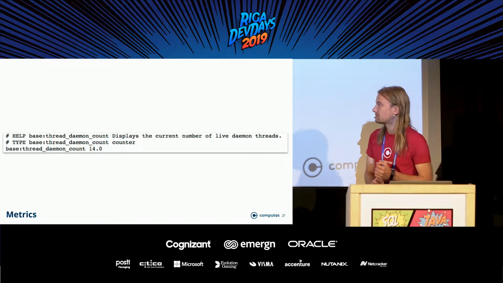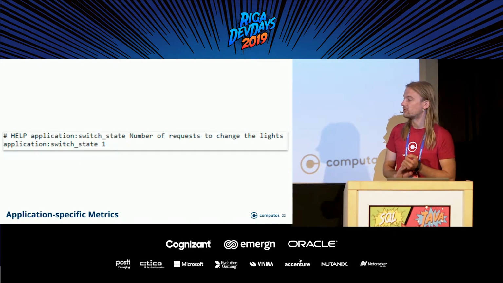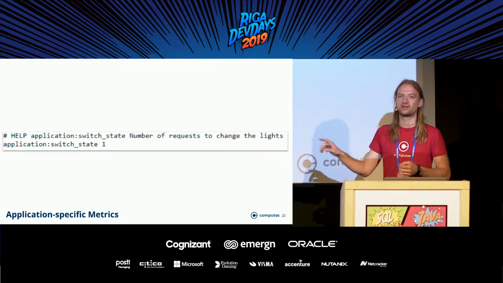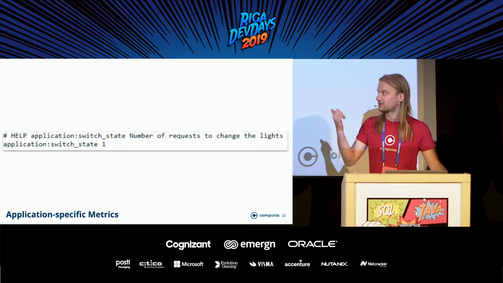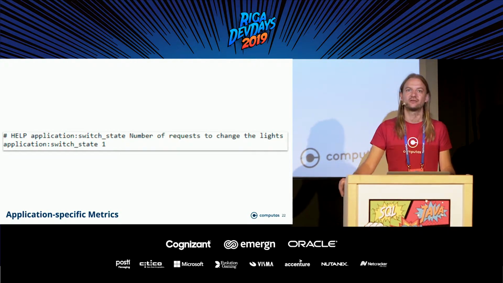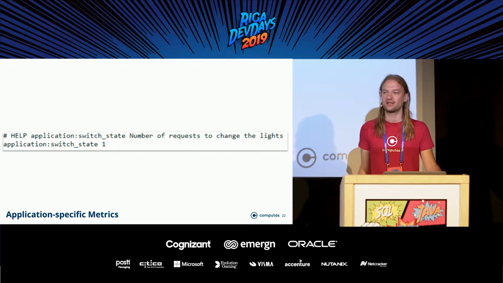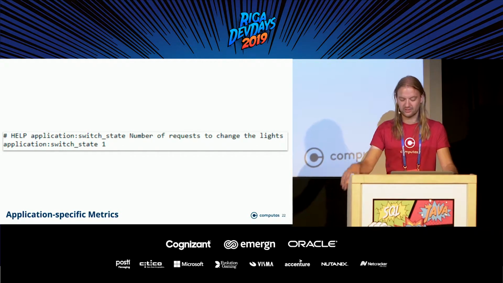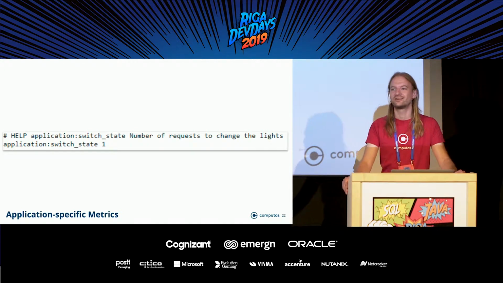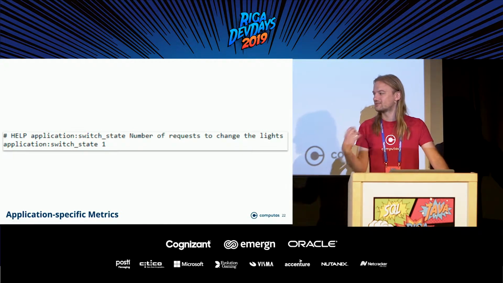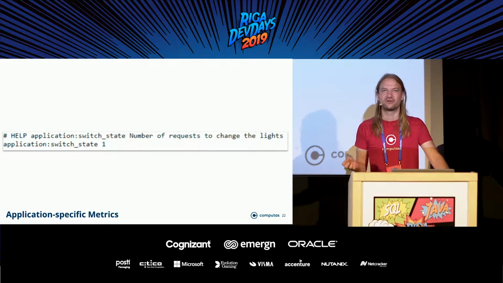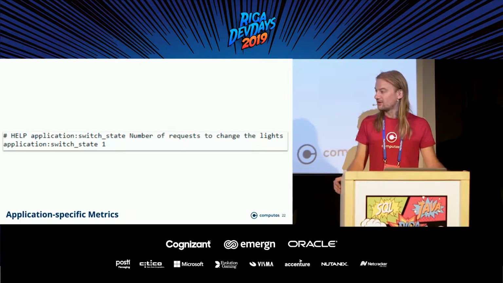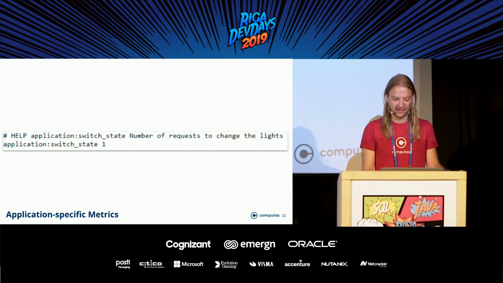But you can also specify your own metrics. So in our case, we have a metric for whenever we're changing the color of the lights. We have a counter saying we did that, and every time we try to change the light, this one increases. And you can also do things like a timer, so that you can see, okay, this method call takes 20 minutes, hopefully not 20 minutes, but like 20 seconds or whatever. So you can get metrics of how fast your system is actually running.